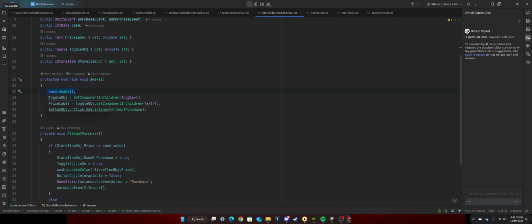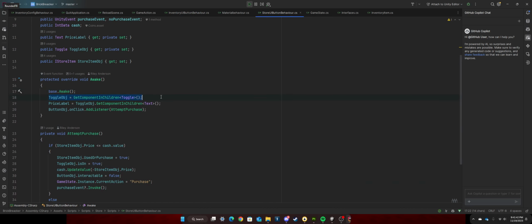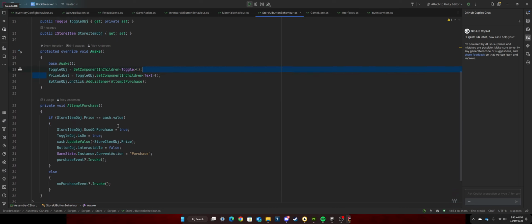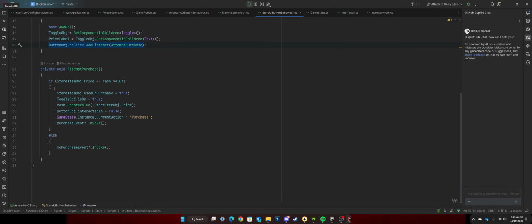Links it on awake. So the base.awake is accessing this awake function, and then gets the toggle, price, button, whatnot. Makes the attempt purchase. So this right here accesses the purchased event. So if you have enough cash, then, oh yeah, this right here